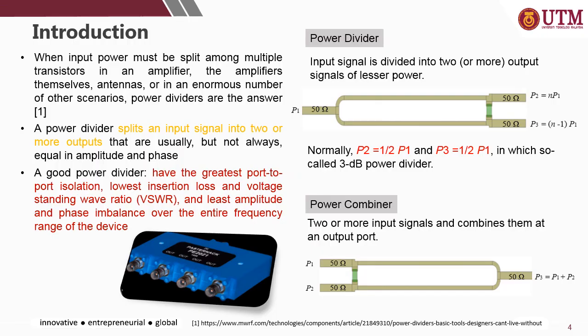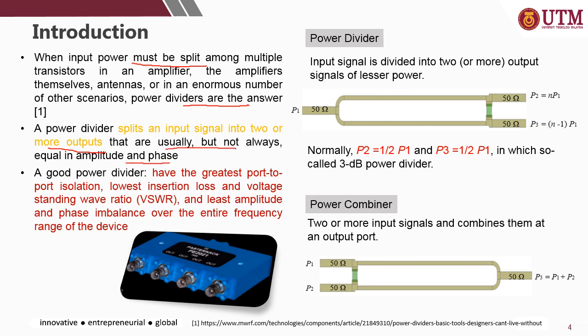Okay, so as its name says, the power divider will divide power. When the power must be split among multiple transistors in an amplifier, the antennas, or any other scenarios, the power divider is the solution, the suitable device to be used. The power divider splits an input signal into two or more outputs that are usually, but not always, equal in